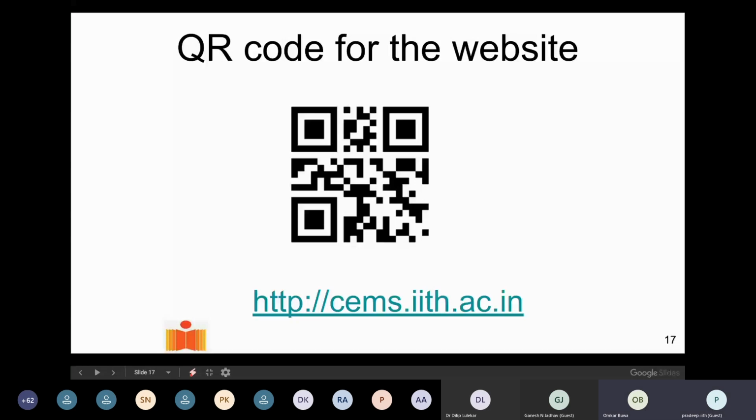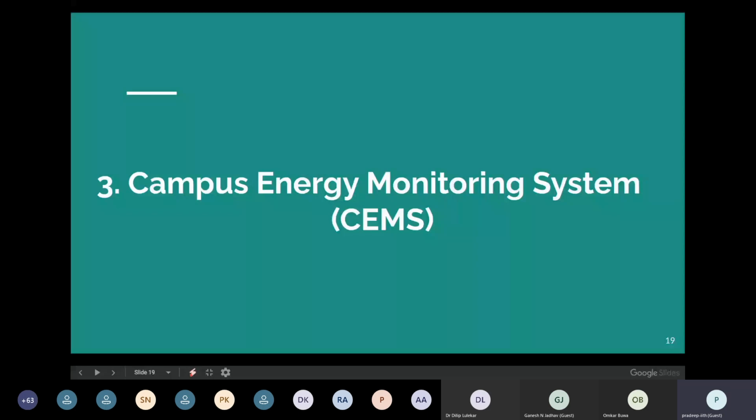We can continue. Okay. So now let me go to the third part. We are monitoring a single solar panel, that is fine. Then we are monitoring one building, that is fine. But in any campus, there may be 10 buildings or 20 buildings. Now, instead of being satisfied with just monitoring one building, why not monitor the entire campus? That was the idea. So with the same concept, with multiple data extraction units deployed across the campus, we are able to get data in parallel from the entire campus.